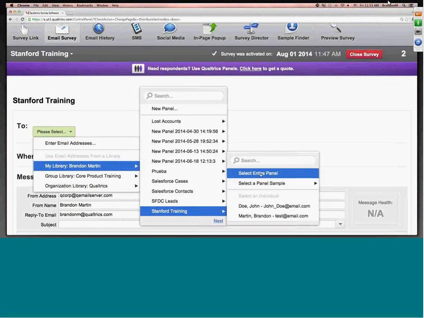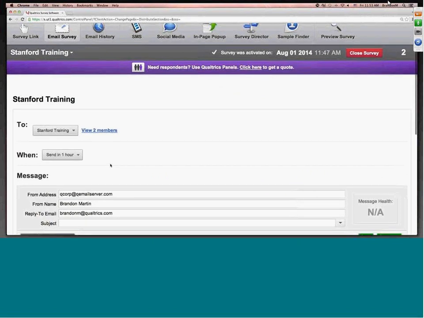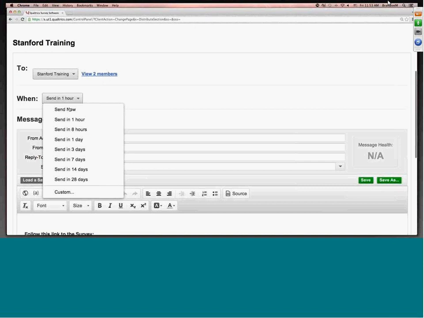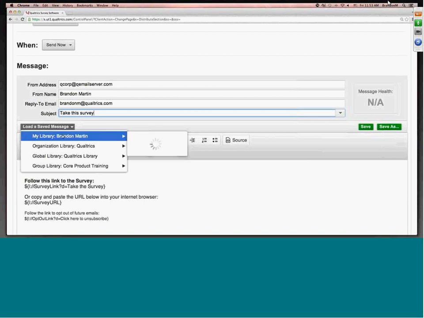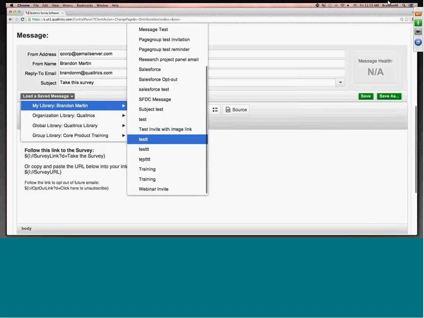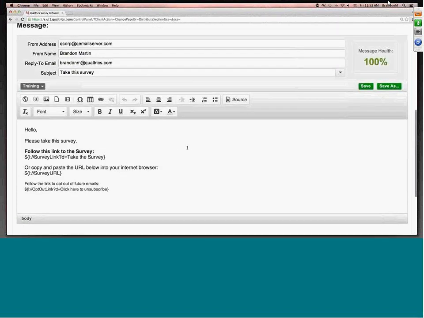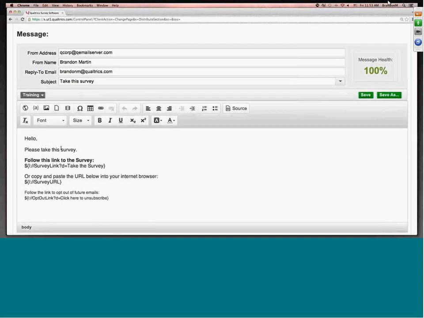I'll go ahead and select the panel and there you create the message, you can even save it as an option here, and use the same message in the future. Okay, so I could make modifications to it, save it again, or save it as a